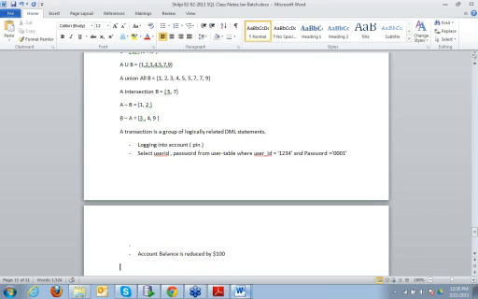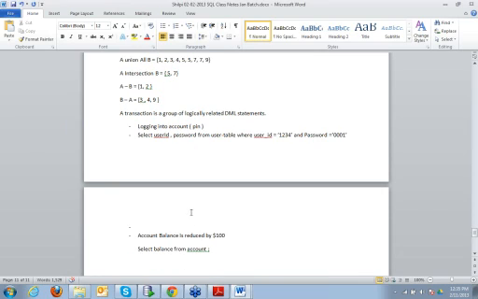And how about this one? Account balance is reduced by $100. So what operations have been made in the database? First, the current balance is retrieved. So maybe select balance from account, right? And then it has to be checked whether this balance is greater than $100. If it is not greater than $100, there would probably be some error.